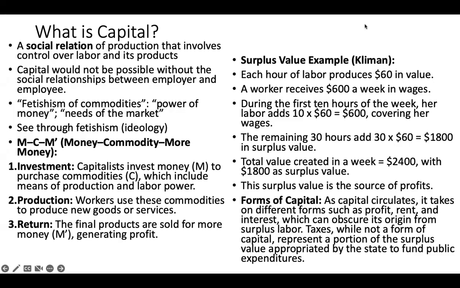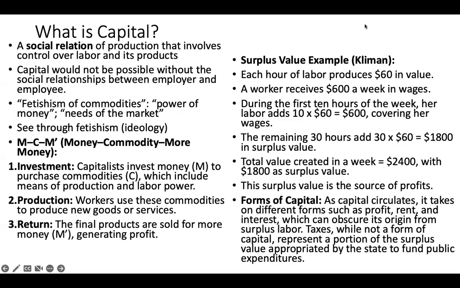Obviously, over the course of a 40-hour week, the worker creates $2,400 in value, but you subtract $600 to cover her wage. So that gets subtracted out, but then you're still basically left with $1,800 of surplus value. Now, that surplus value is then embodied in the products, right? So there's $2,400 worth of value produced in these products. $1,800 is basically a surplus